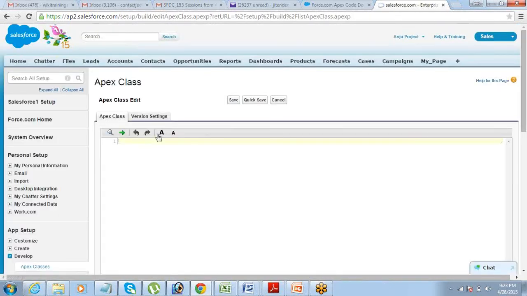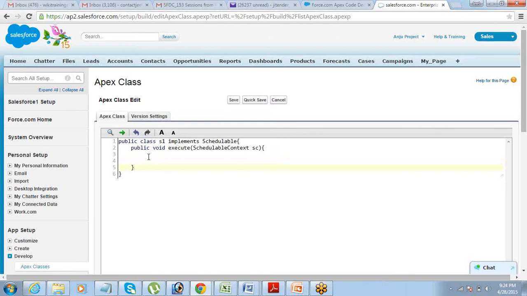All that we have to do is write public class, let's say s1, implements Schedulable, and then you say public void execute, SchedulableContext, and your code should be here.